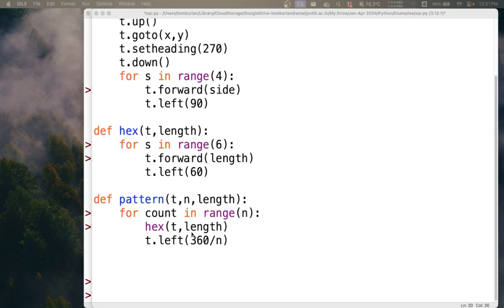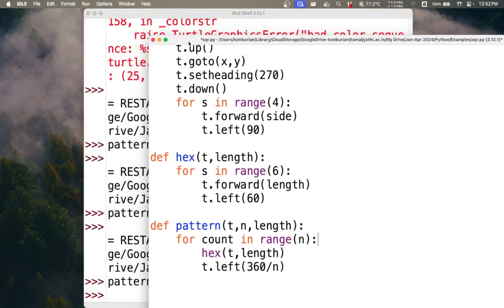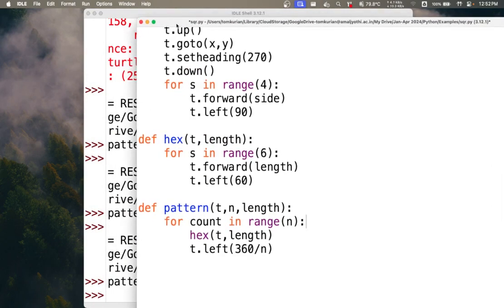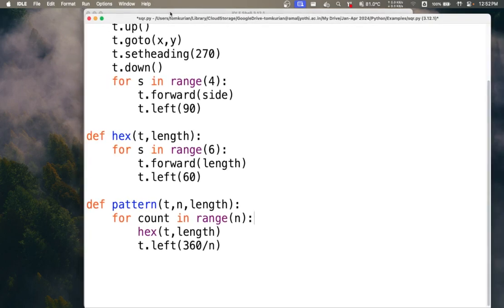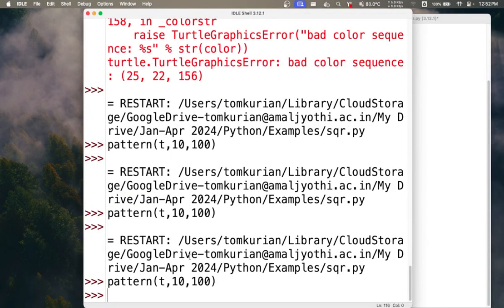Okay, next we'll just look into one more function in this, and then we'll do some exercises. There is one more thing. The hexagons that we have drawn currently are just drawn with lines. We can also fill colors, or we can use a particular pen color. For example, by default, the pen color is always black. Now, if I want to use some other pen color, in that case, what I can do is